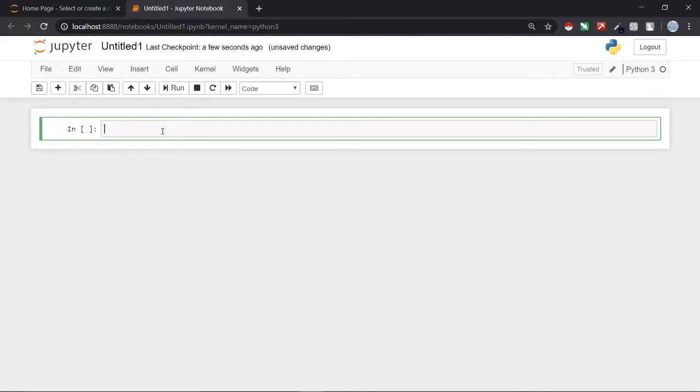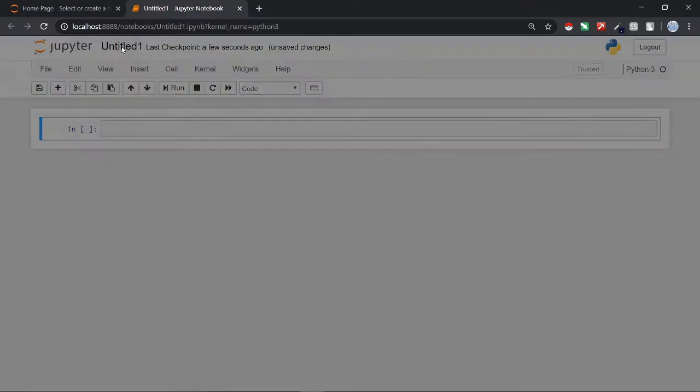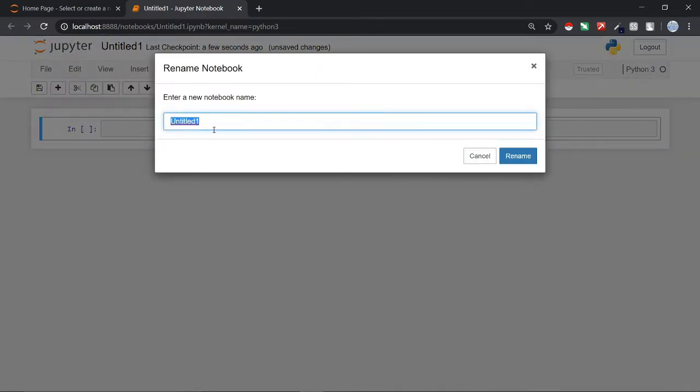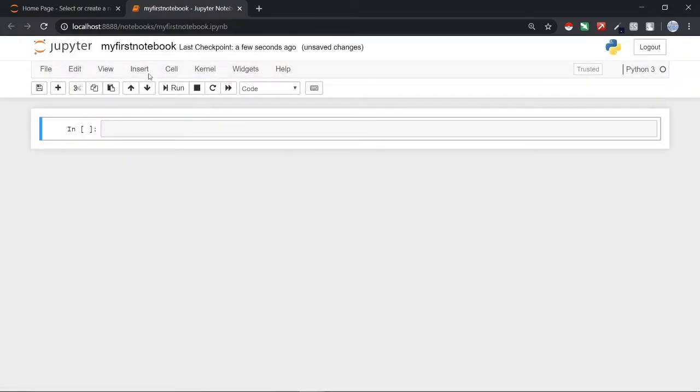This is a code cell in which we can write Python code and run it. I will tell you each and everything. As you can see, there are many things in this environment. Now our notebook is created, so first of all we will rename it. To rename this notebook, click here, type anything you want and press enter, or just click Rename, and the name of my notebook is changed to My First Notebook. Now it will auto save. You can see it says unsaved changes, but it will save accordingly as soon as I write and hit shift plus enter.